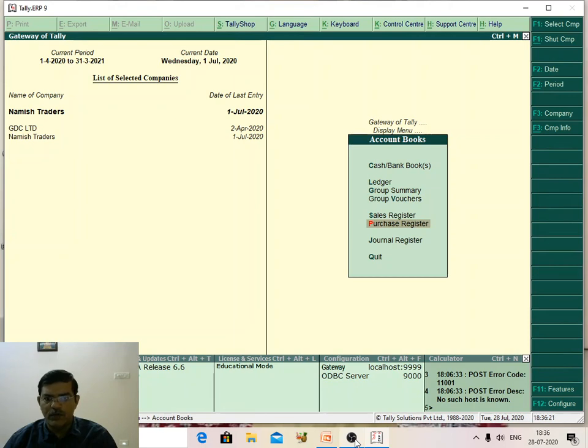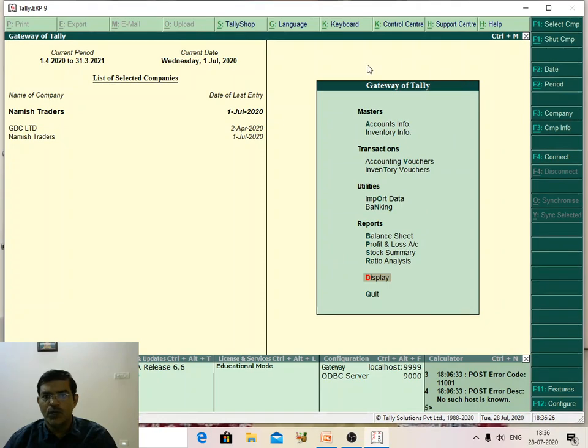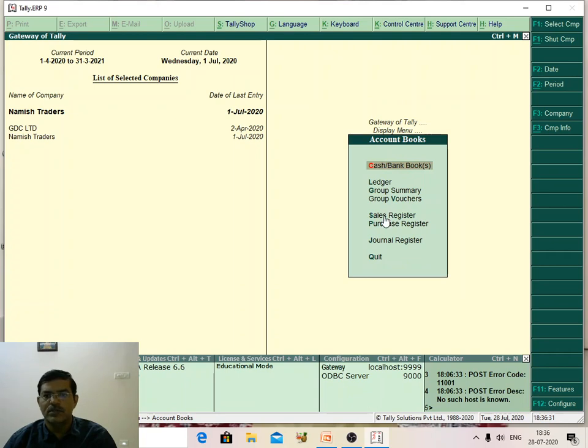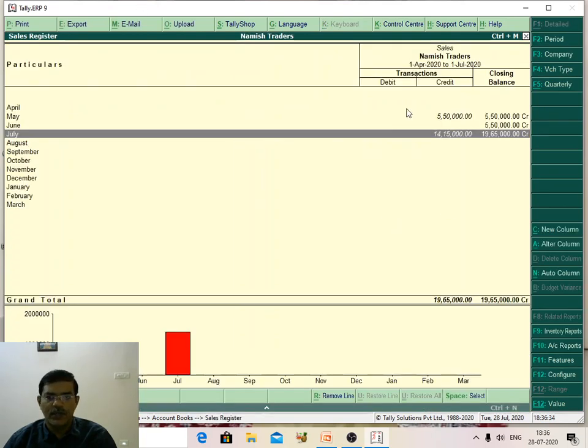After this, I will show you the sales register. Here is how we can get the sales register. Go to the Gateway screen, select display and account books, and select the sales register. Here we can view the sales register. This is the same as the purchase register. We can view quarterly or monthly, by voucher type, company wise. You can take the interval also. If you want horizontal or vertical format, or want to add or alter any column, you can alter the column also. Graphical representation is also possible, like the purchase ledger.